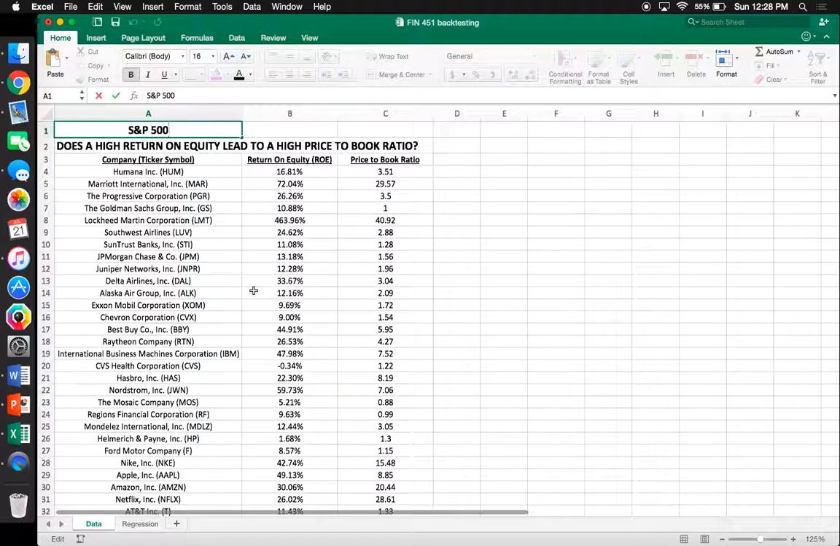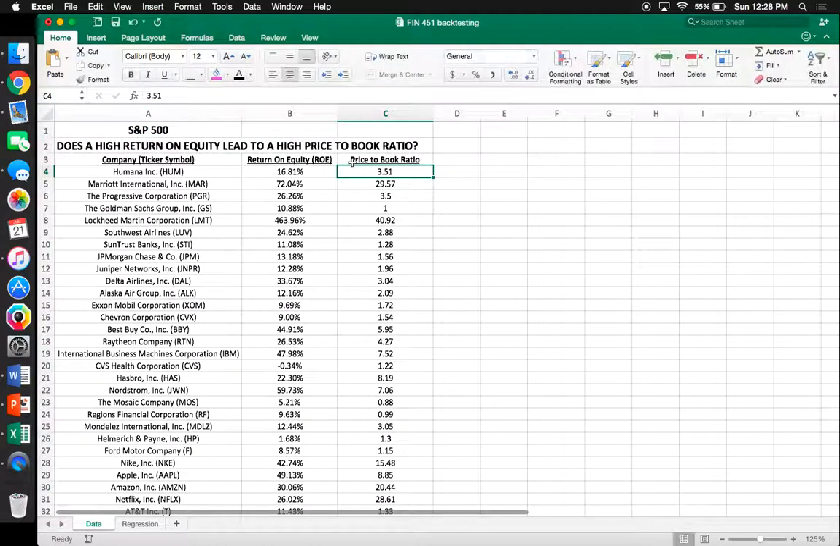So I wanted to see if a company's price to book ratio was related to its return on equity. In other words, my hypothesis is that if a company has a high price to book ratio, it will also have a high return on equity. To test this, I ran a regression. I used return on equity as my y or dependent variable, and